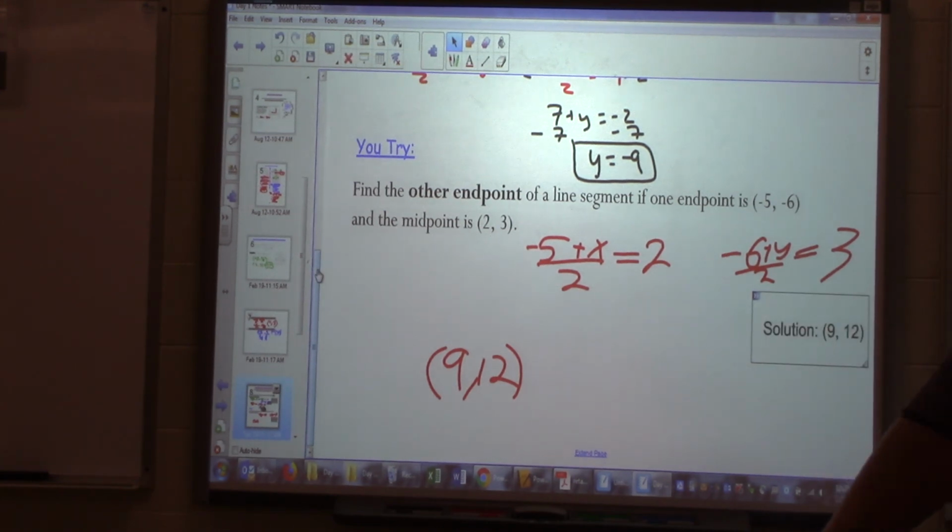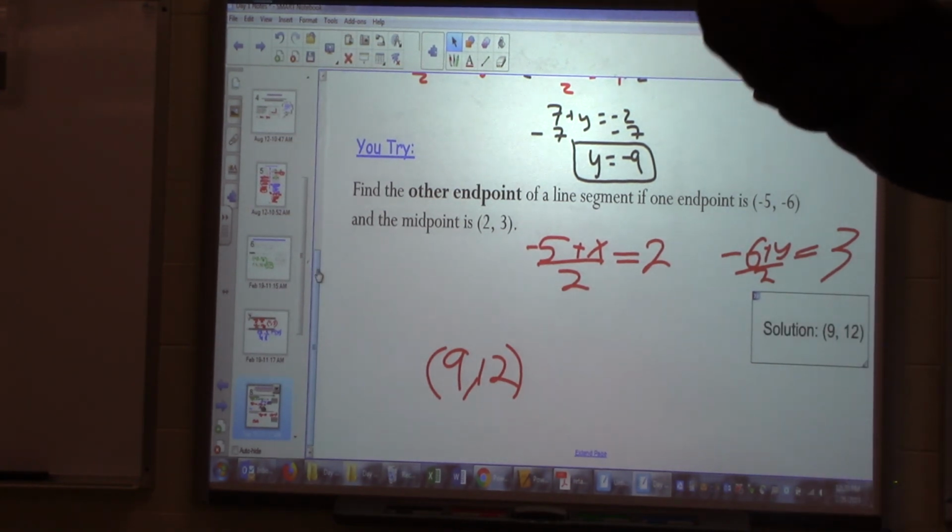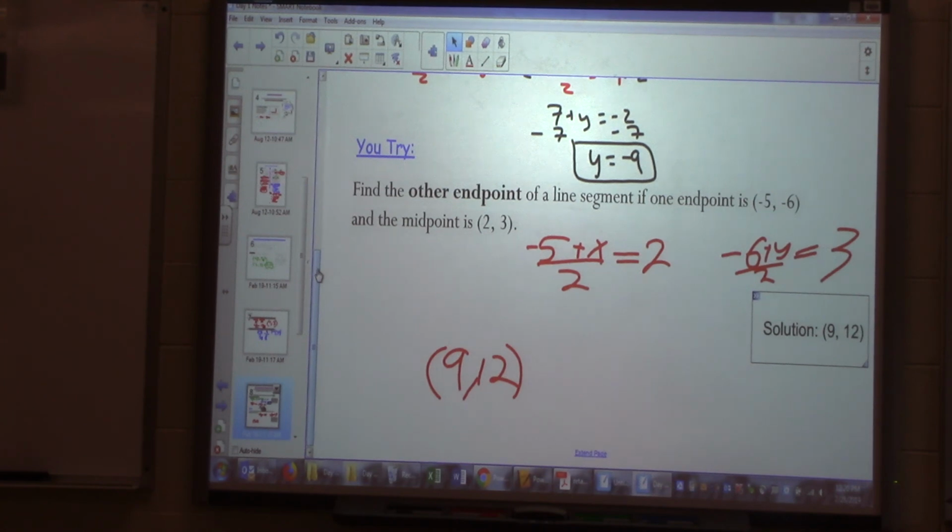Alright, did we all get 9, -12 for our second endpoint? Yes. Any questions? No. Alright,